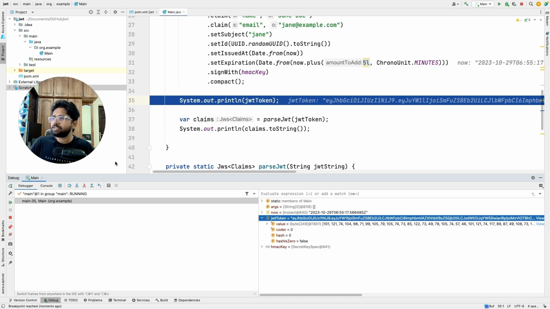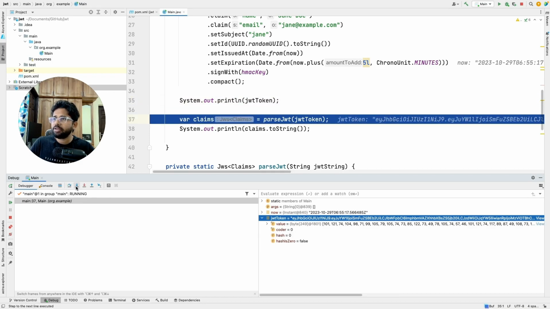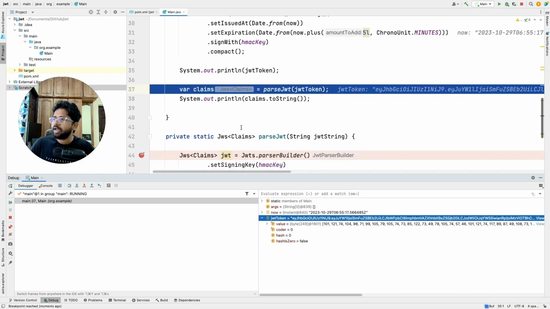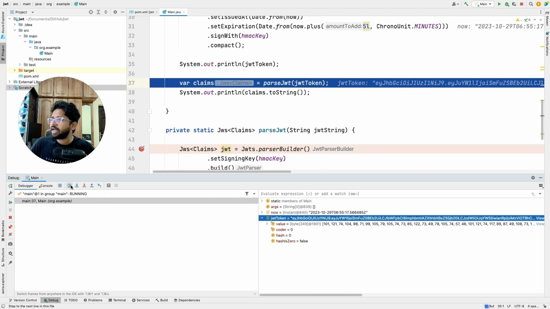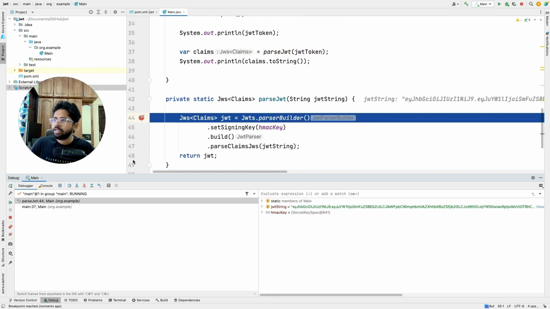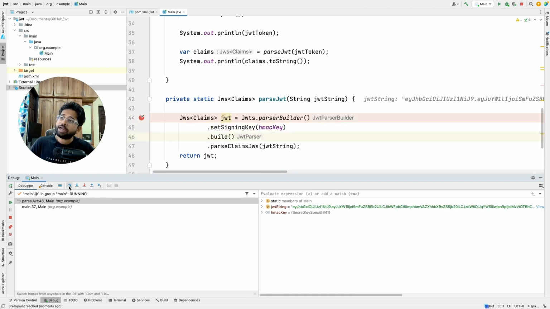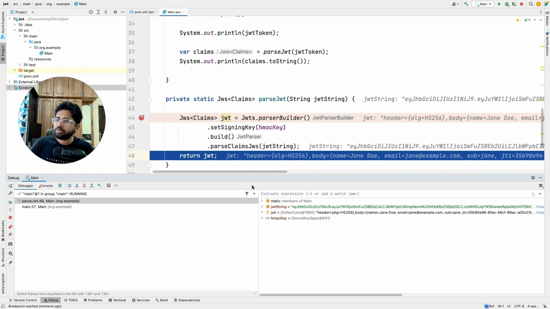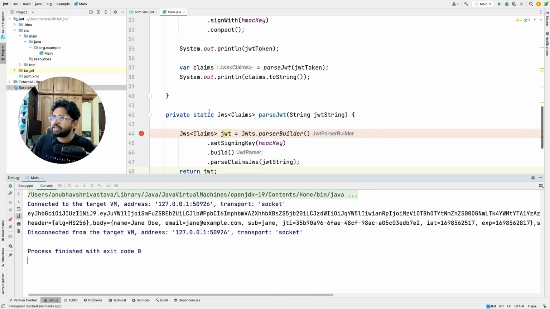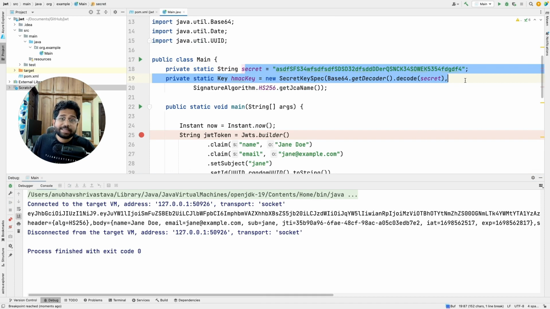Now whenever a request comes back to you from the front end to the back end, you can call this parse JWT token. In the parse JWT token, it will parse with the same key, because here I'm using symmetric encryption and decryption. If you parse with the same key, you will get the data, like name, email, etc. So this will help you not even make external calls. If all the backend systems have this key, then they can just decrypt the data, and they can scale their backend systems overall.